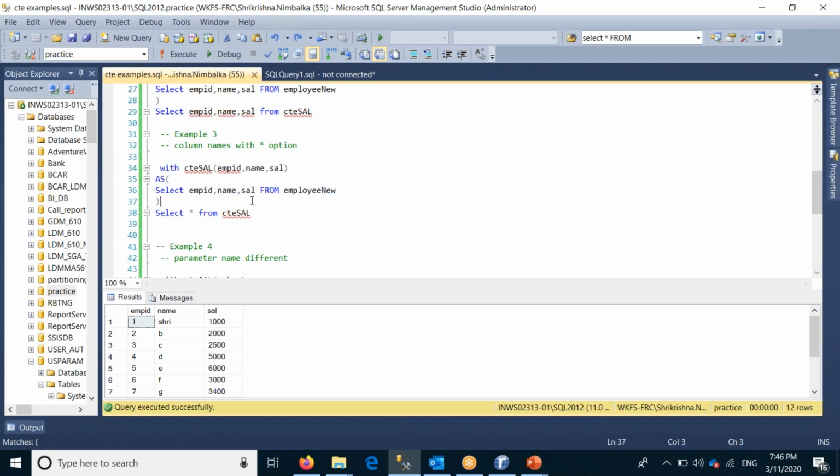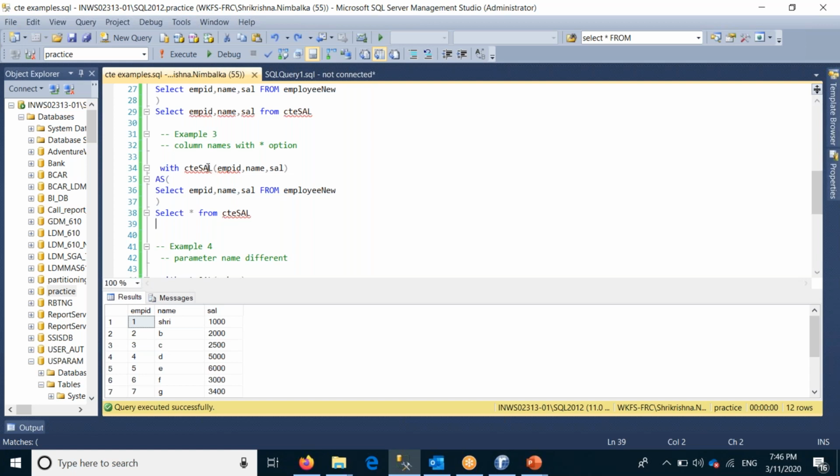Or else, suppose I use star here and I mention specific columns, then also it will give an error. So we'll see later.